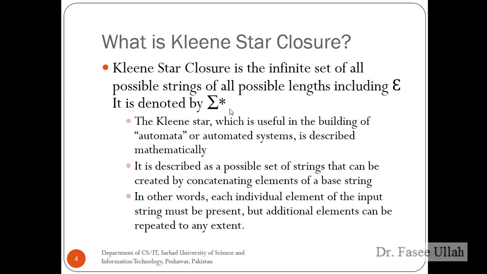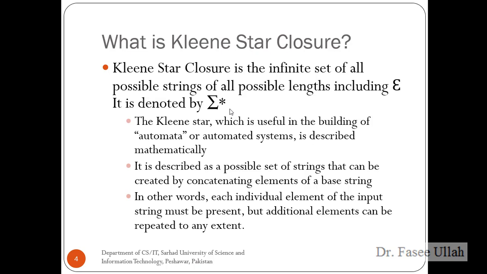So from this a and b we can define an infinite set of all possible strings, like we can say ab, aa, bb, right? And in the third step we can say aaa, three times. In the next step we can say four times a. In the next step we can say five times a. So we can define an infinite set of all strings under some condition.